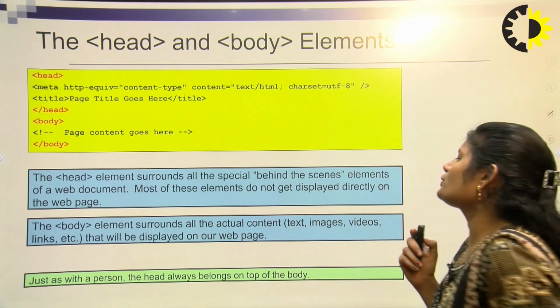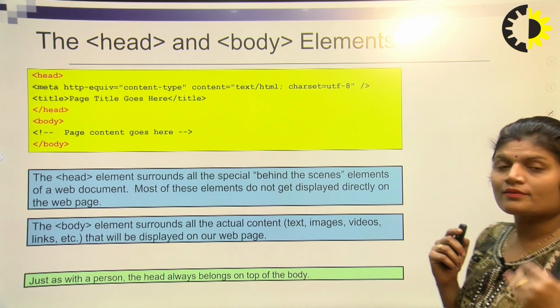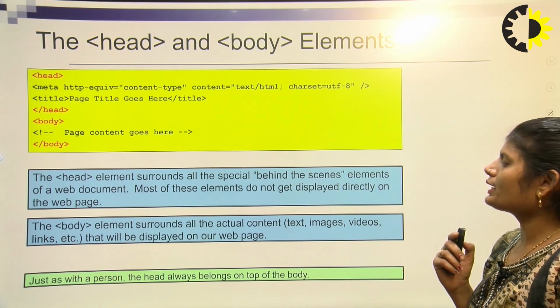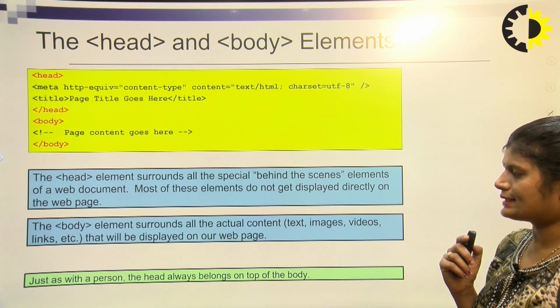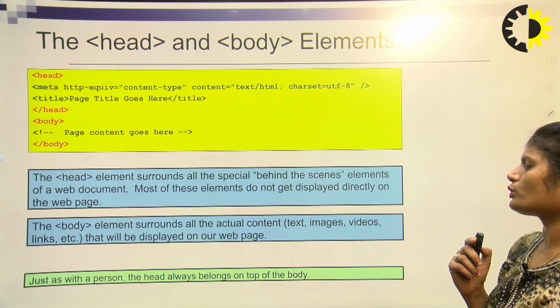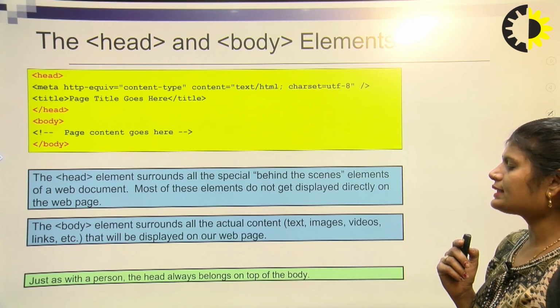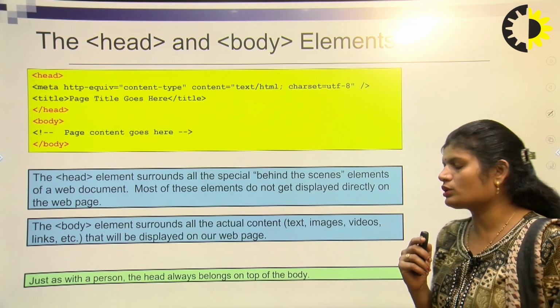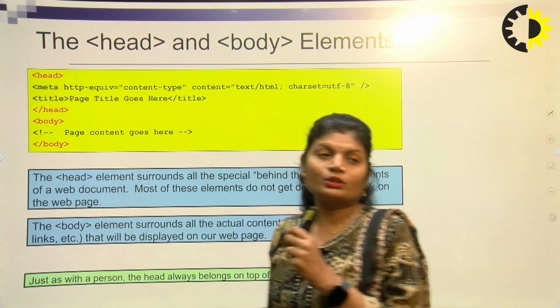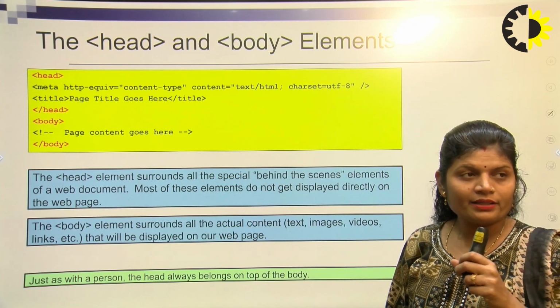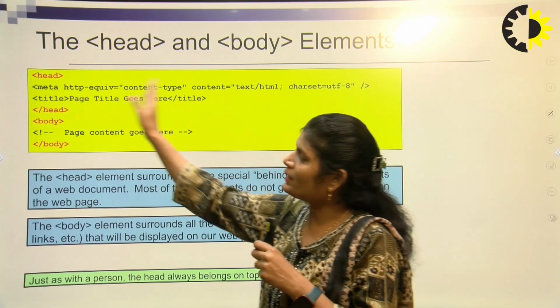Most of these elements do not get displayed directly on the web page. The body element surrounds all the actual content, text, images, videos, links, etc. that will be displayed on our page. Just as with a person, the head always belongs on the top of the body. So on the top, we write the head tag, in which we place the meta tag,